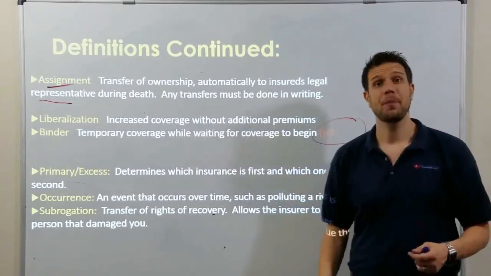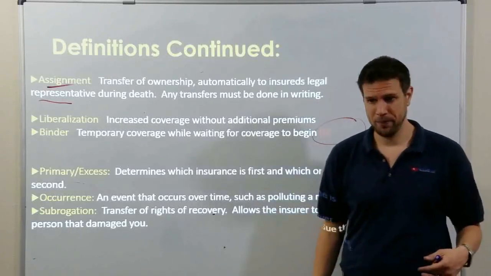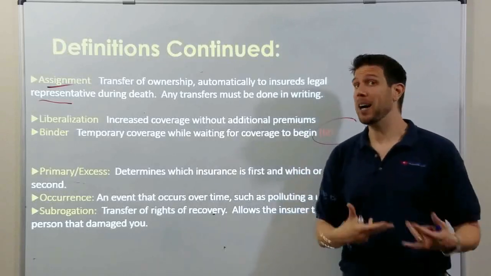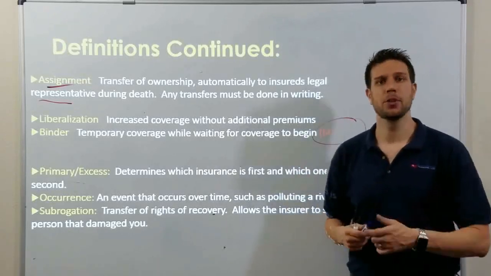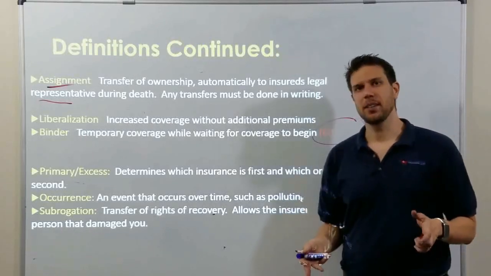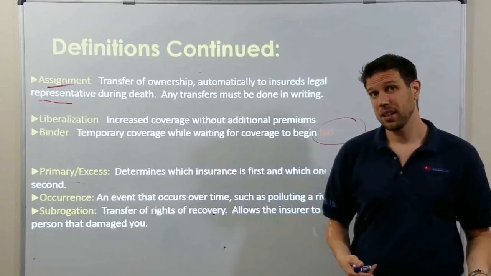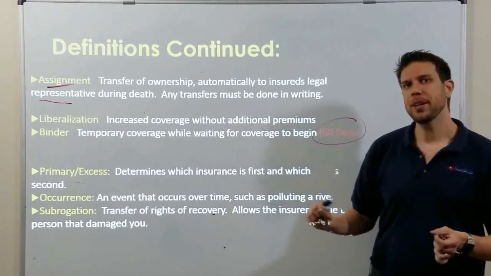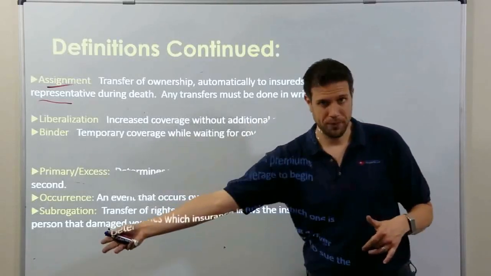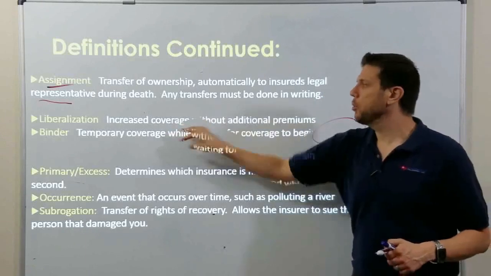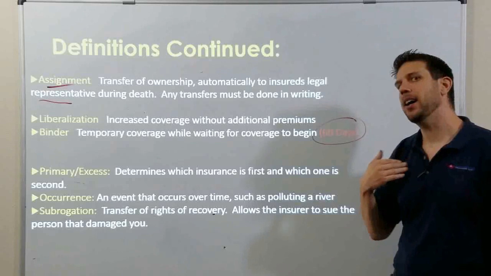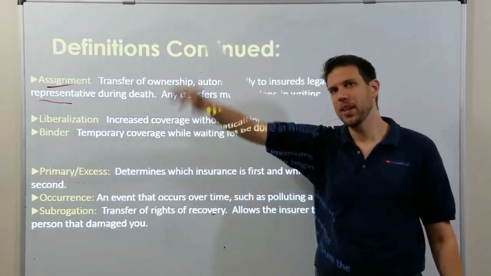You're an insurance agent and you're eating dinner with your family. A customer calls you up on your cell phone. Says, hey, I'm at the dealership, I'm buying a new car. I need coverage on this car. You try to log on to the insurance company's website, but it's down for maintenance. So what you can do is write up your own auto insurance card and send it to the customer. They are now bound with coverage. It's temporary insurance, and it gives you, the agent, time to submit it to the insurance company.